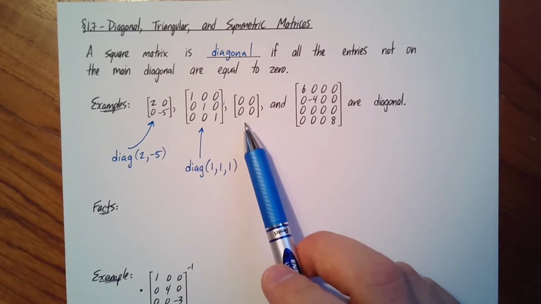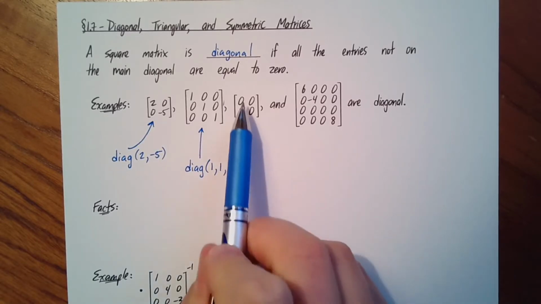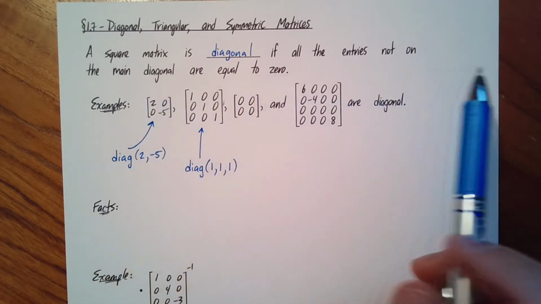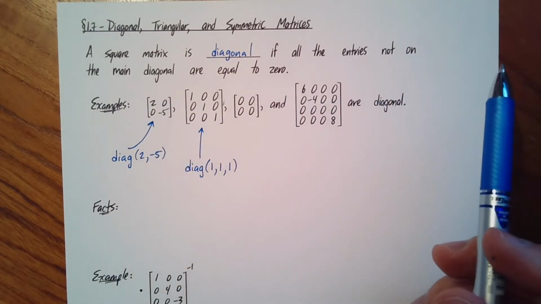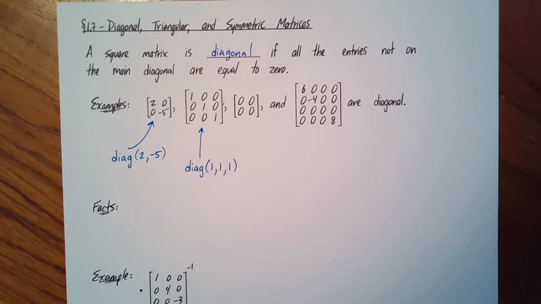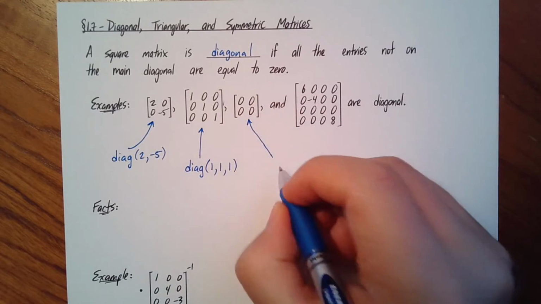Here we have an interesting example. This is a 2 by 2 zero matrix. Is that allowed? Does that count as a diagonal matrix? Well, the entries on the main diagonal are 0. But that's okay. Nowhere in this definition does it say that there can't be zeros on the main diagonal. It's just that if there's anything not 0, it's only allowed to be on the main diagonal. But it's completely fine if the entries on the main diagonal just happen to be 0, as long as there isn't anything else off the main diagonal that isn't equal to 0. So this is also a diagonal matrix,